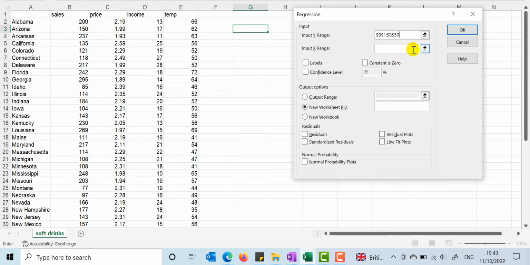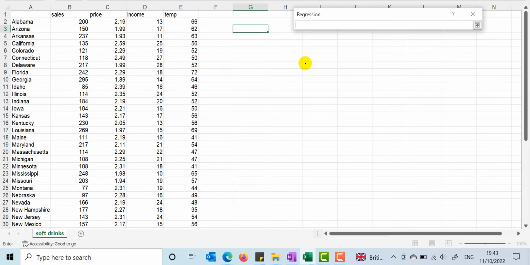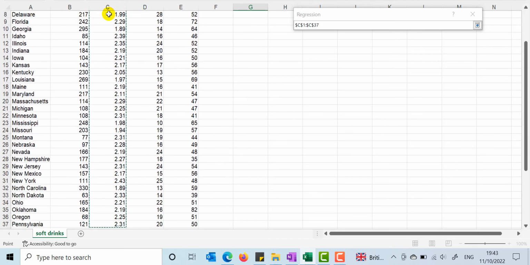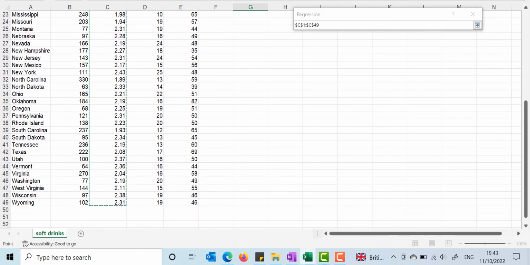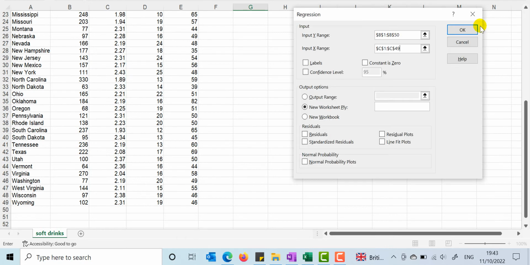So let's expand this and now highlight the input x range. This is our range of x's. In this case, we have 1 x for now. So that's the price of sweatshirts. That's done. So the data is fed into the